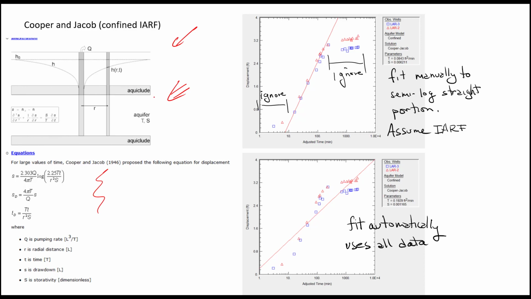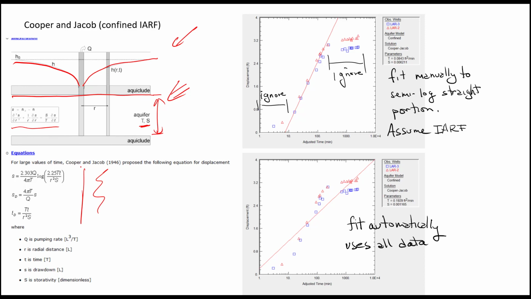And what this is showing is that we've got a confined aquifer here, and we've got these properties, transmissivity and storativity, and this is a confining unit, and this is the piezometric surface up here in the confining unit. And then we've got a governing equation